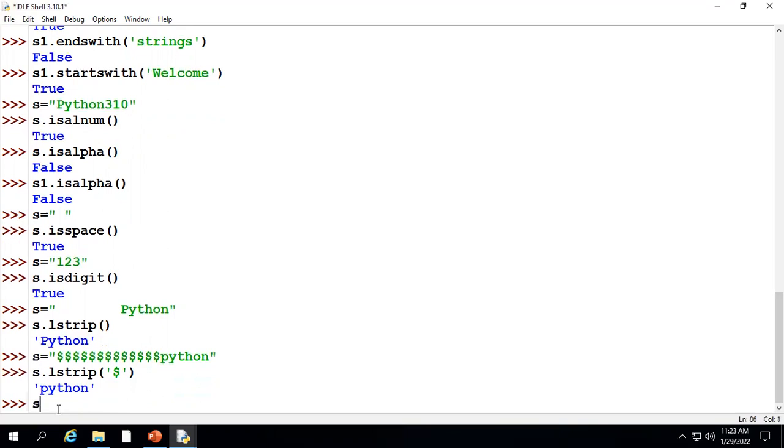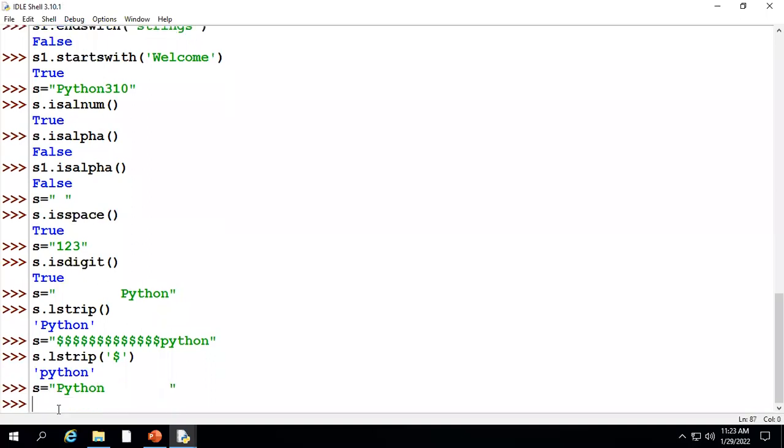Now R strip is for when you want to eliminate anything from the right side. So R strip, the string we have to create like this. So we have this many spaces from the right side. That is the actual string. Now here we are telling S dot R strip of,